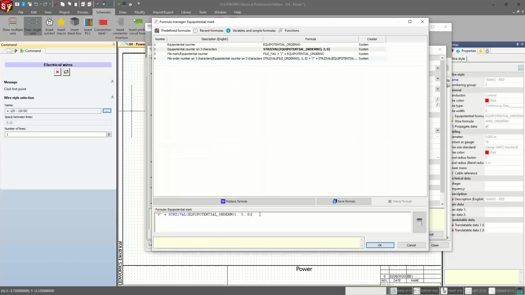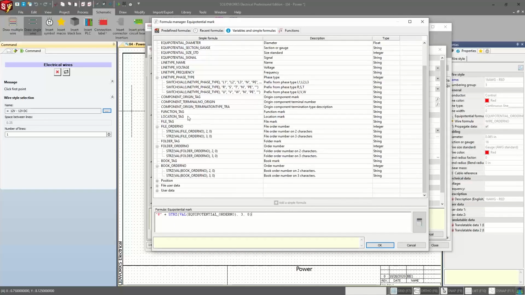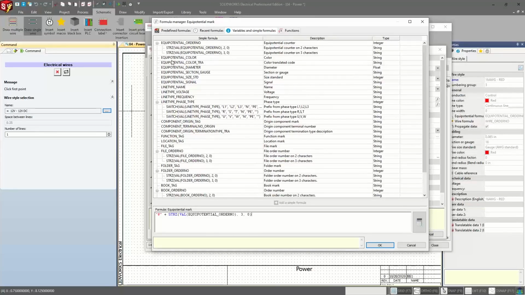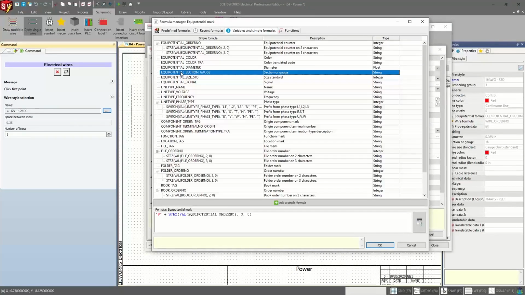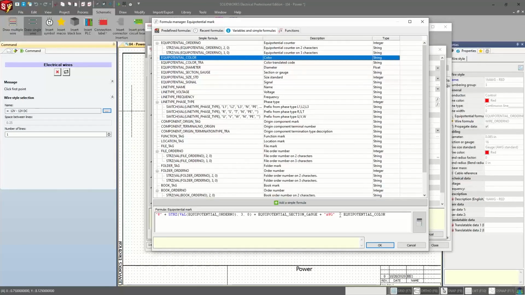We can also add other variables. Let's go ahead and add the gauge. And I'm going to also type in AWG. And I'm going to also add in the color. Now, one thing to note when you do this is that I haven't included any spaces right now. So it's just going to read one long blurb,